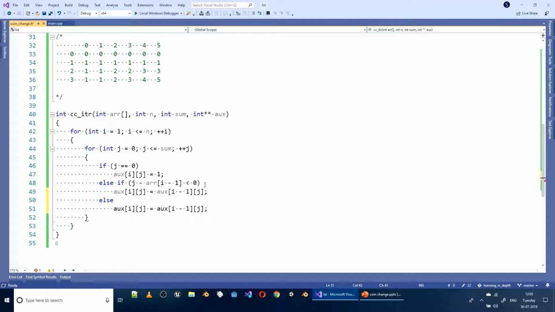In that case we are going to take value from the above and value basically the value that we actually get by subtracting the value of the coin, right? So if 3 and 2 are there, then 3 minus 2 is 1, so we take a value from first index. Okay, 2 and 1, that is right. So this is going to be I and j minus arr of I minus 1. Okay, so this is pretty much it, right? So this is how it's implemented, and after we are done we want to return